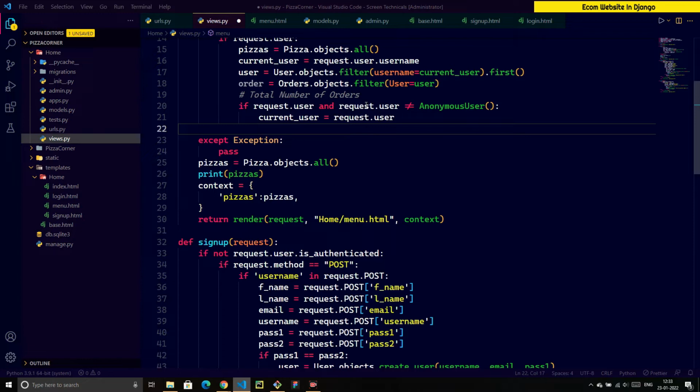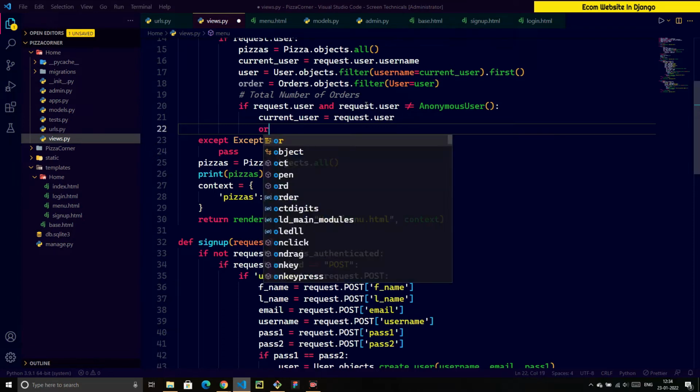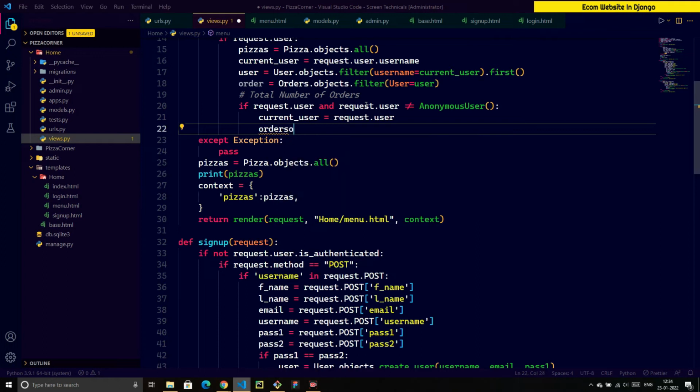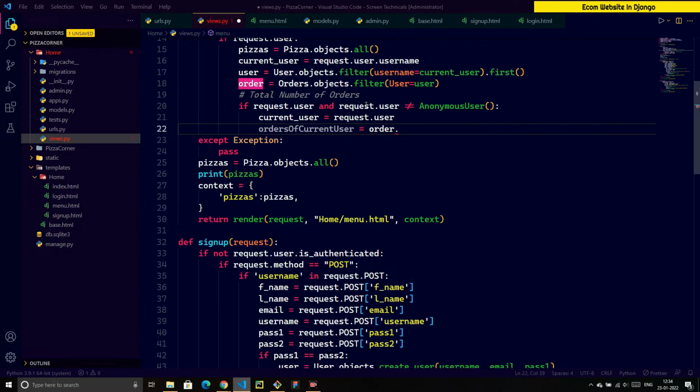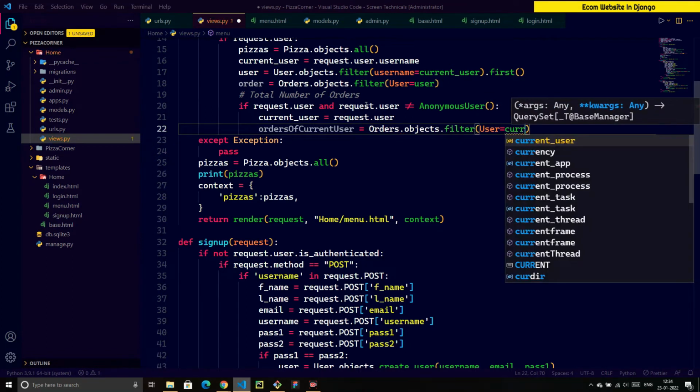So I'm going to write here orders_of_current_user, and it will be equal to Orders.objects.filter(user=current_user),